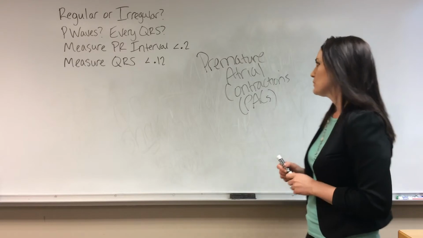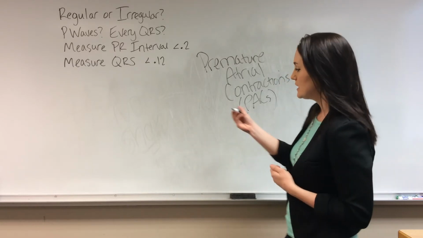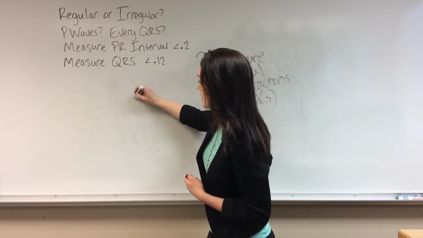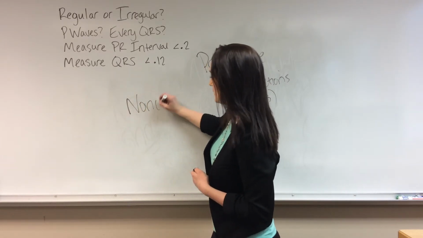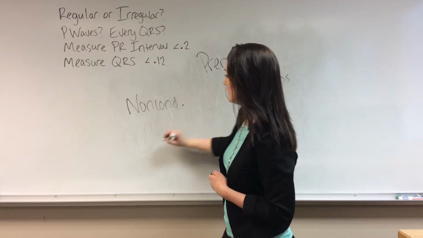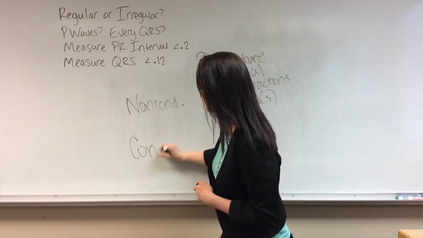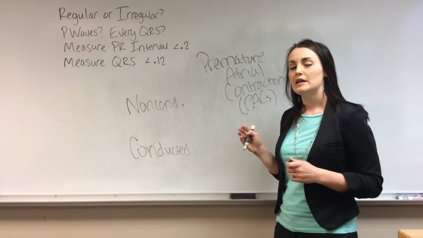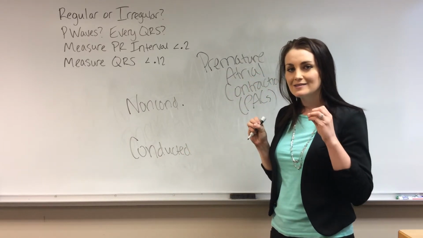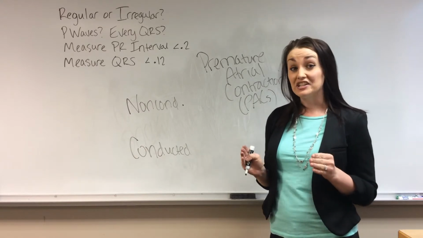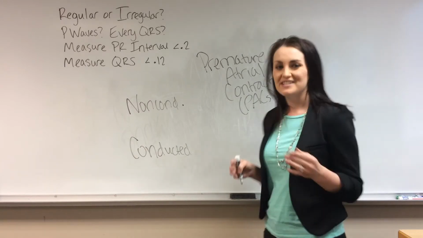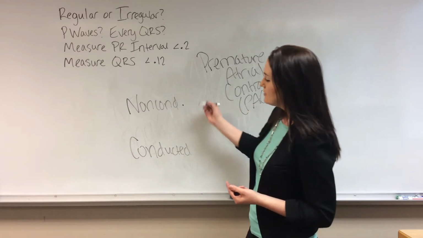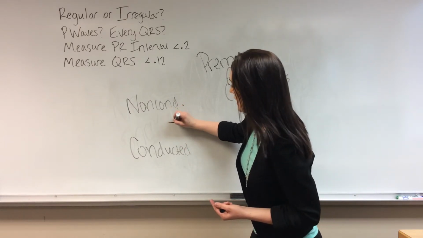With PACs, there's 2 different kinds. There can be non-conducted and conducted. It's just like it says, premature atrial contraction. So it's an early depolarization of the atria. And remember, depolarization of the atria is P waves, right? That's how it's depicted. And so non-conducted might be shown by,